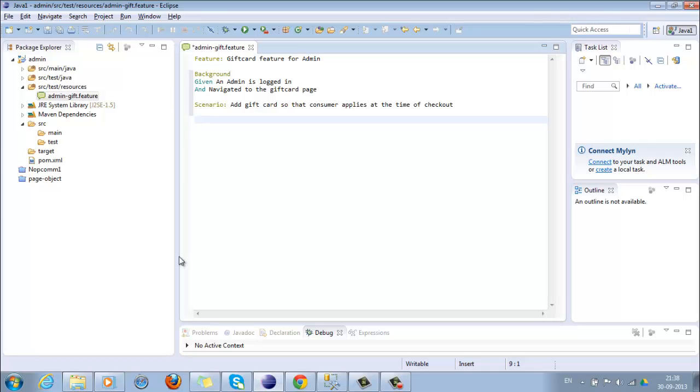For that, first I would like to create a basic flow without any parameterization, and then I will add parameterization or the examples. In terms of business or BDD, this is called specification by example. So we are writing specification, not test cases. So: given admin is in add gift card page,